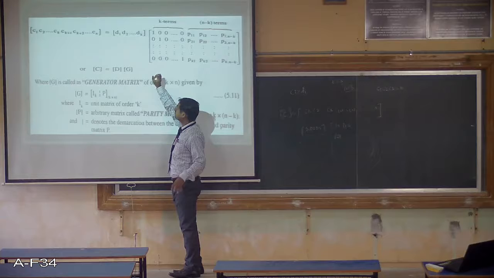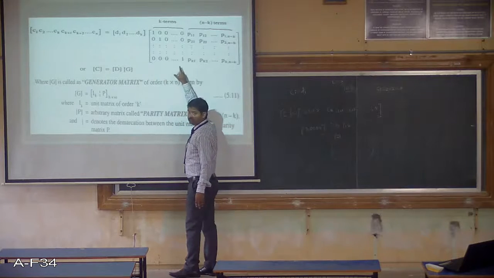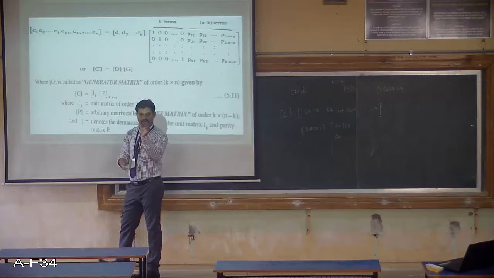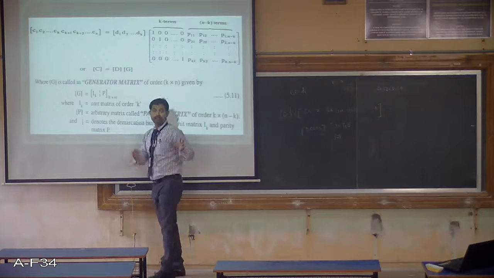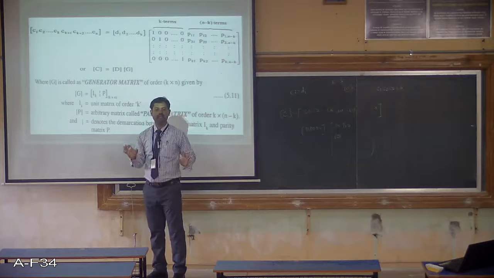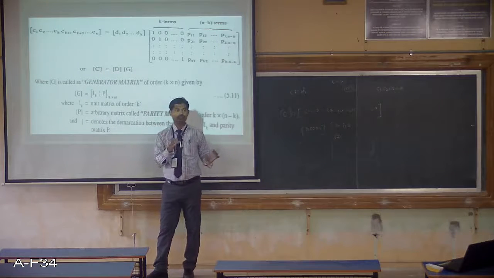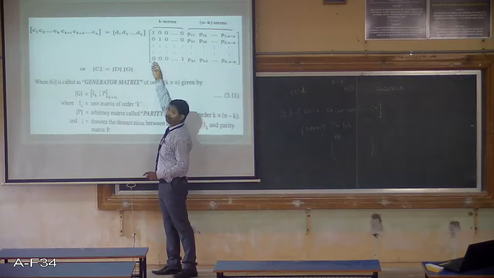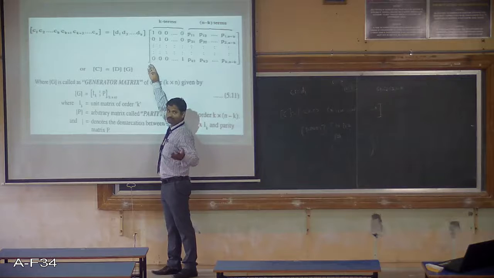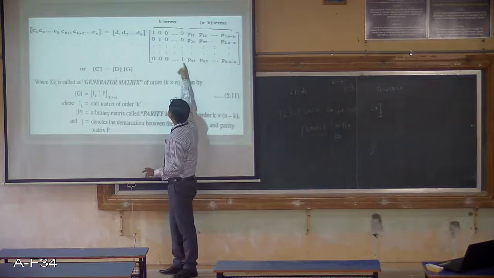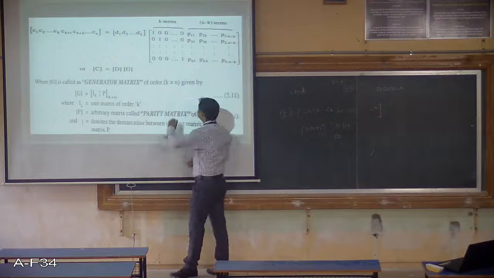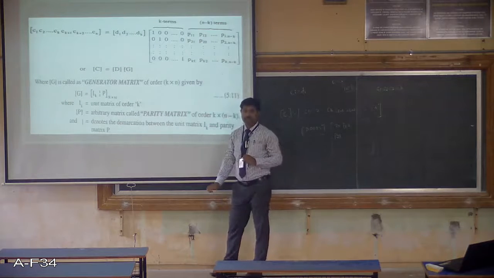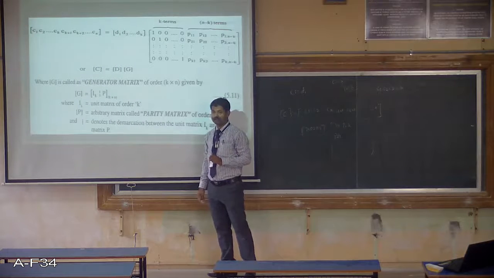The reason is very simple. If you multiply those rows into columns, initially some bits are the same as D only. I should get that pattern; some bits of the code word should be the same as the data only. For that reason, I should use an identity matrix. You can check it: if you multiply D1 with the first column, it's D1 only. That is what Ci is equal to Di, right? So until here, we should use the identity matrix, and the remaining n minus k terms, the additional bits, are ones and zeros.